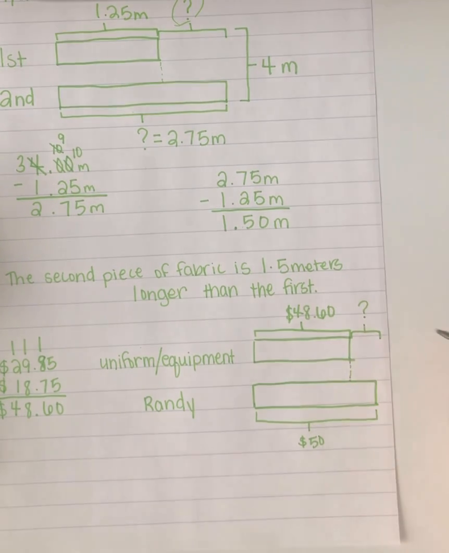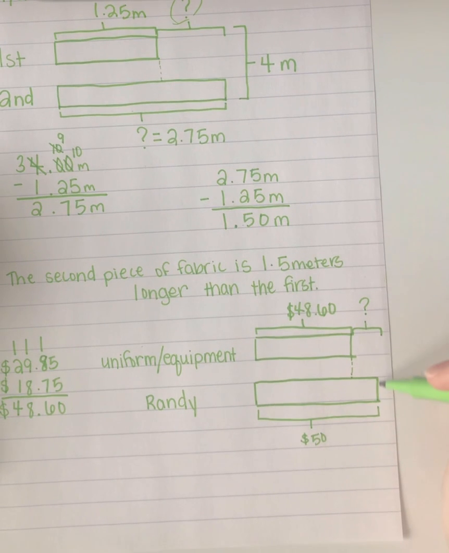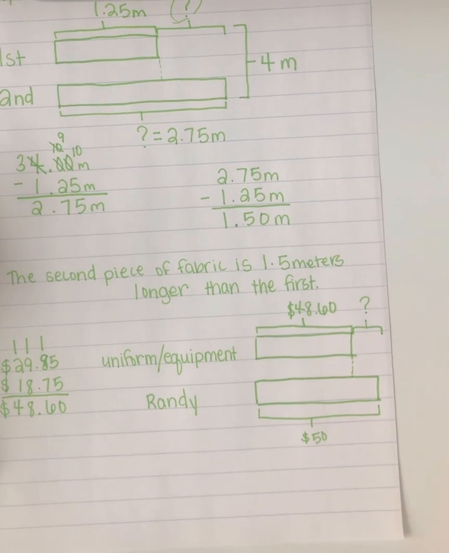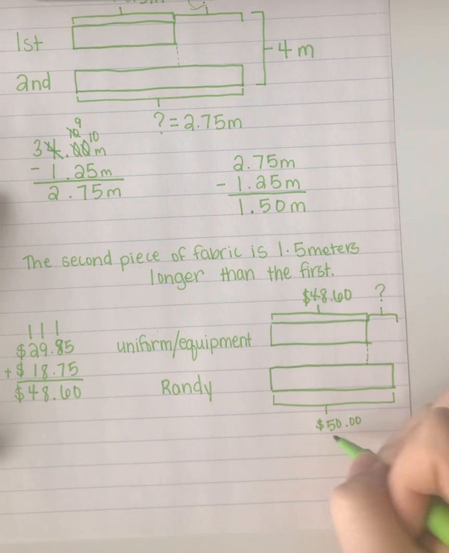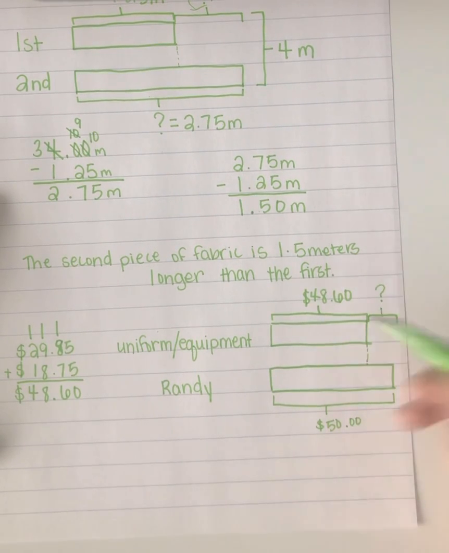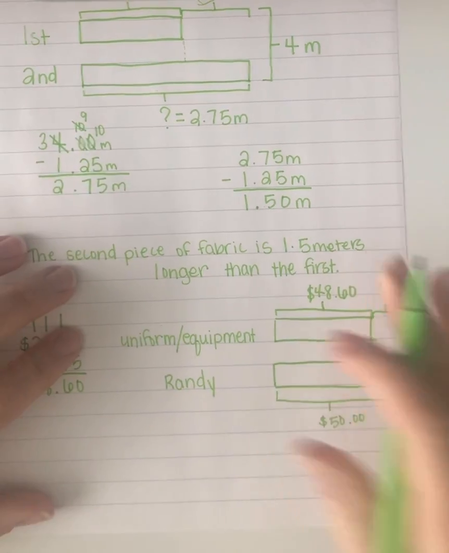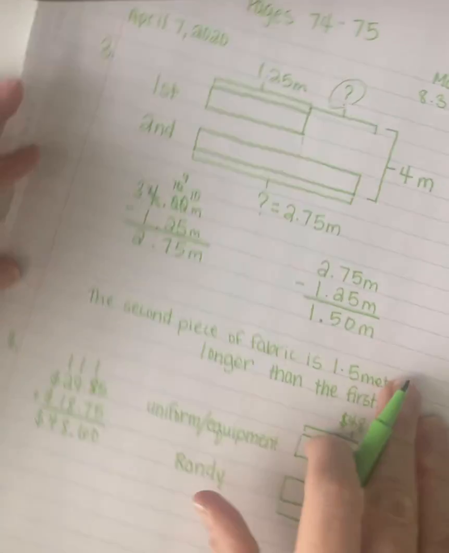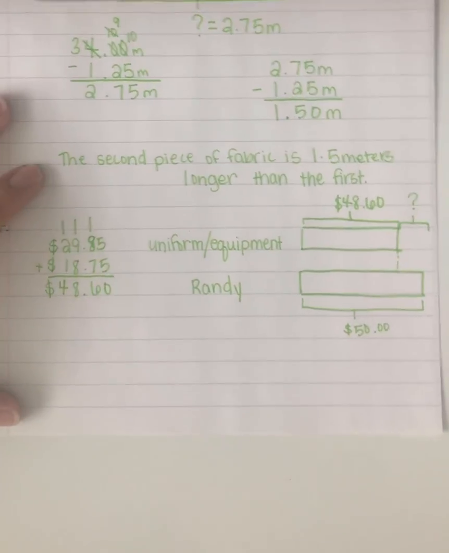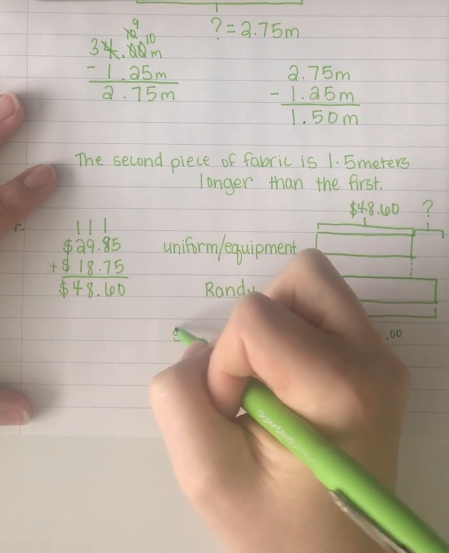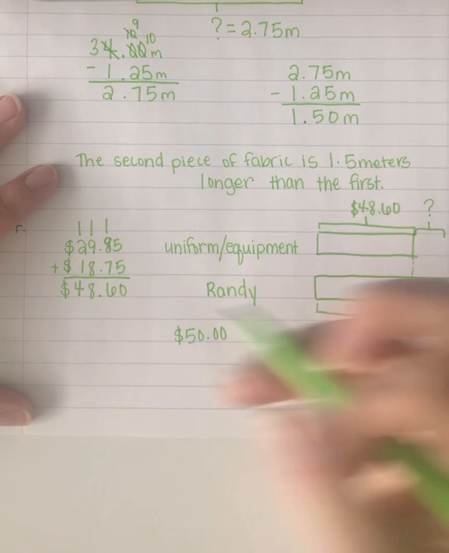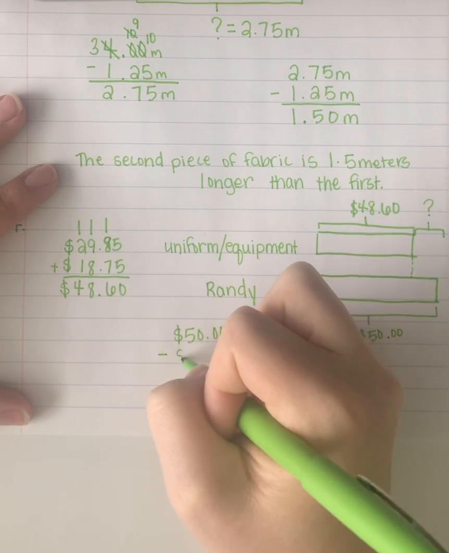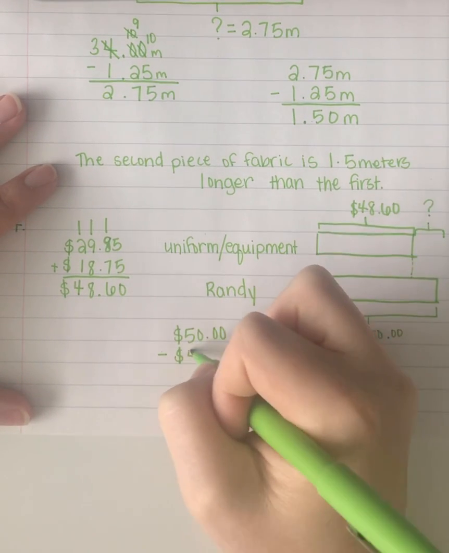So we don't know how much he got back in change. This little portion right here is how much Randy would have gotten back. So in order to figure that out, all I need to do is take the 50 minus the 48.60. So let's go ahead and do that. I'm going to put my $50 on top with my 2 zeros behind the decimal place and subtract